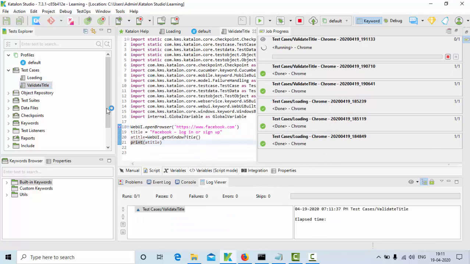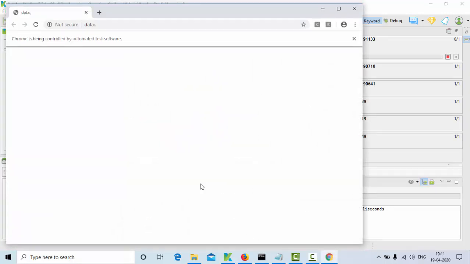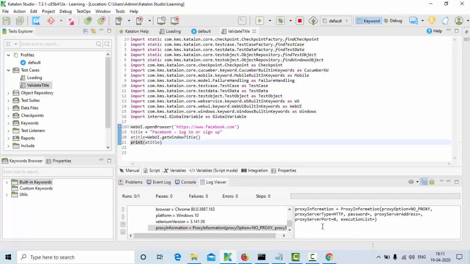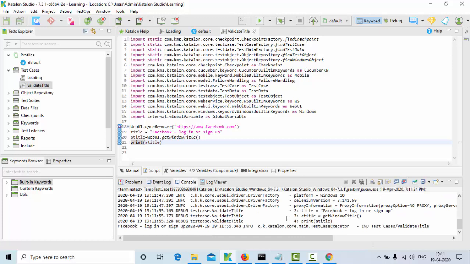Now you can see I have started running my test case here, and it should invoke the Chrome browser. Now the Chrome browser is invoked. Now it will load our application. In this case my application is Facebook. Now you can see we have loaded Facebook. Then we should get the title here. So now you can see get the title. I am printing on the screen. Now you can see this is my title, guys. Sign up. Till here is my title. Okay, this part is a sign up page.